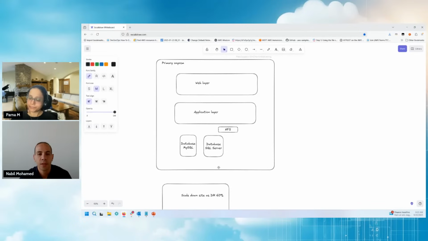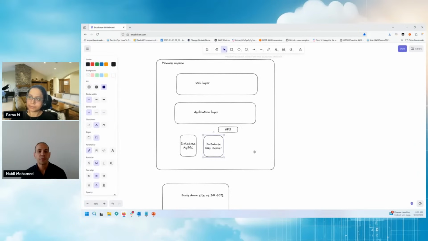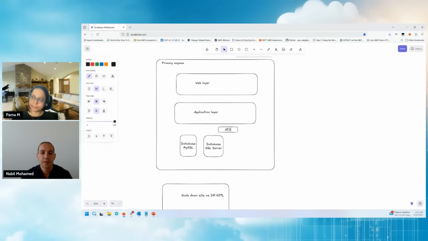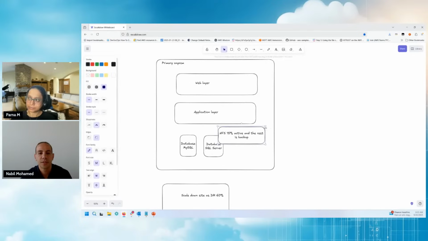Okay, awesome. Thank you. And you mentioned that for the NFS storage, you have around 50 terabytes. Did I get this right? That's right. Yeah. Okay. And is it all active, or do you have backups also stored in this storage? So around 15 terabytes is active database, and the remaining is all backup. So we say 15? 15, 1-5. Yeah, 15% active, and the rest is backup, right? Right. Okay, awesome. This is good. I'm going to clean this up later. It helped me put together a picture of whatever you're running.